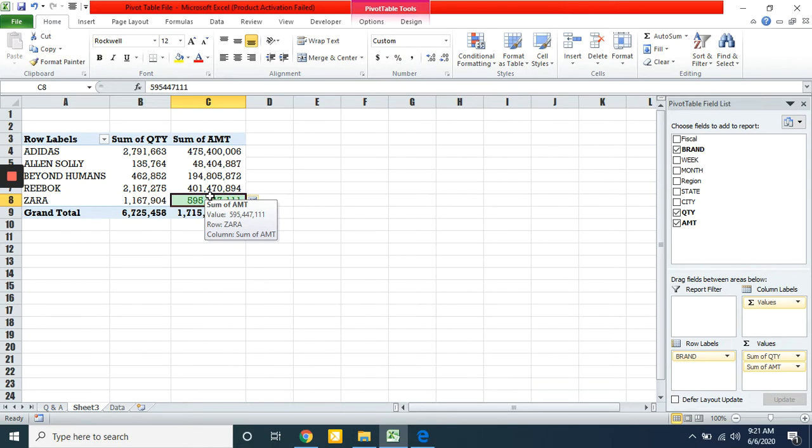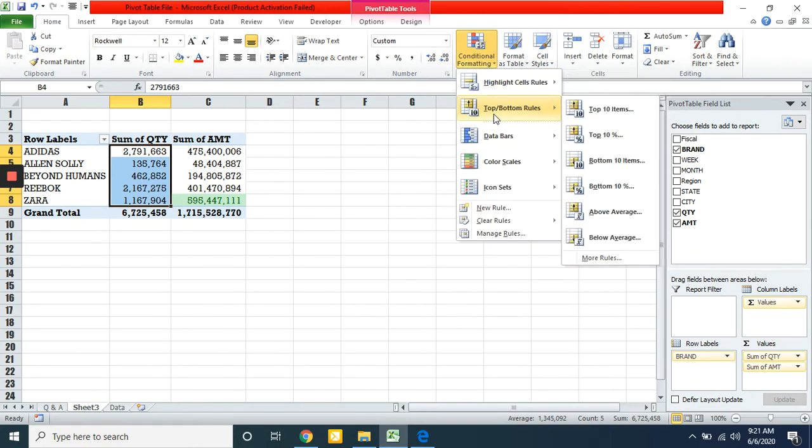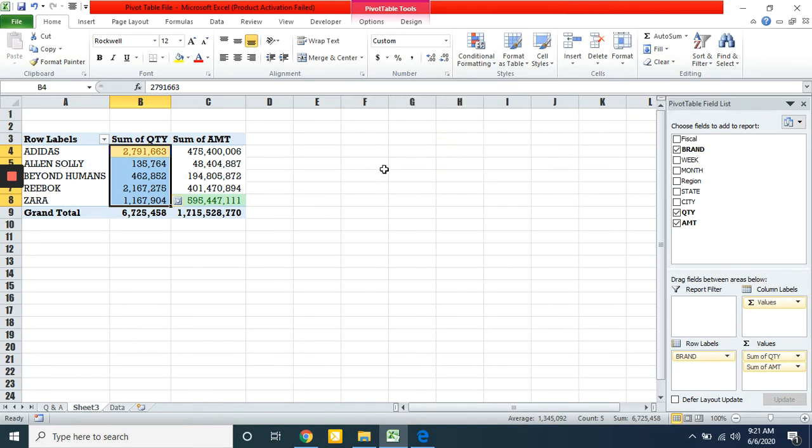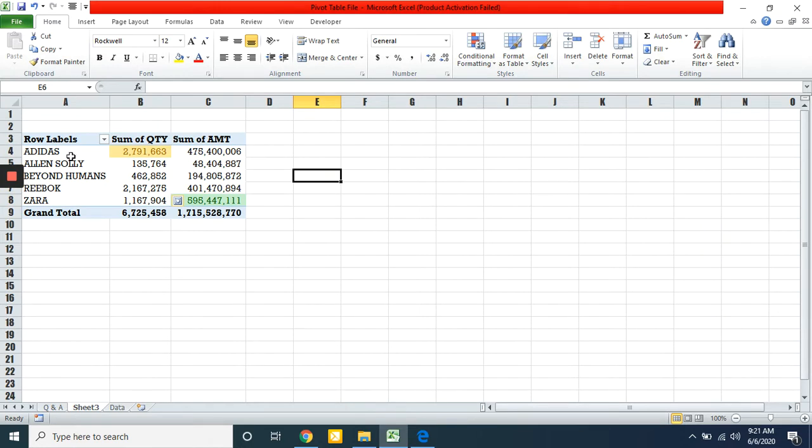Now let us also see which brand's quantity is selling most. So in order to check the top quantity of the brand, let us select the entire data, go to conditional formatting, under top bottom rules, click on top 10 items, and format cells that rank in the top one. Let me choose yellow fill color for this. So it will clearly show that Adidas quantity is being sold highest among all, whereas Zara is providing the highest